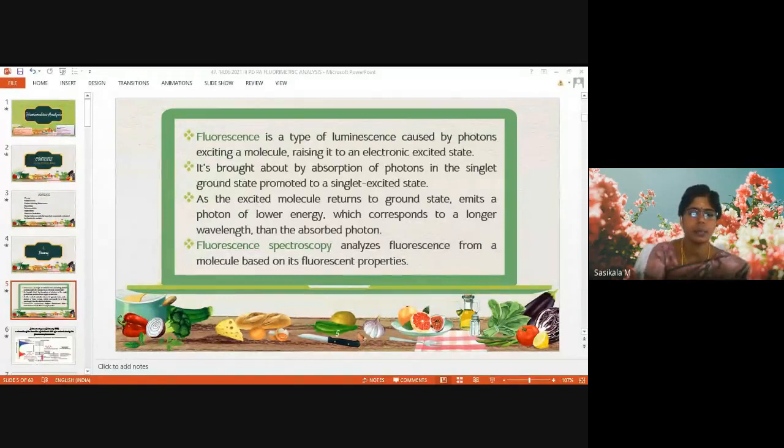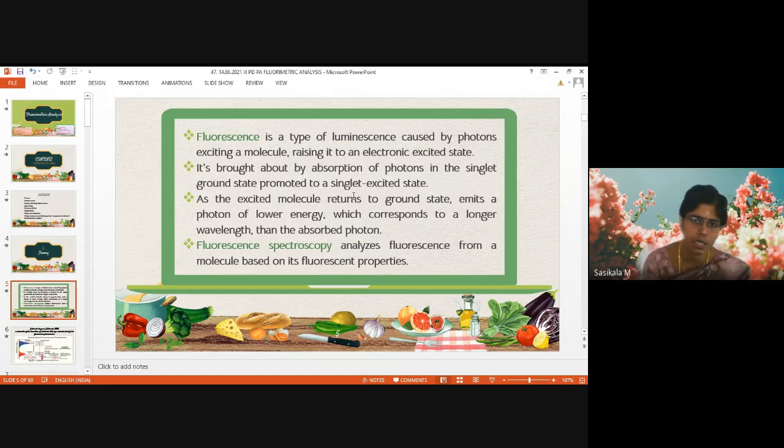So assume that the molecule responsible for giving fluorescence, what happens? It will first absorb UV radiation and it will emit visible radiation. That visible radiation only gives the colored radiation, right? It can differentiate different colors, and the intensity of those colors can be analyzed by visible spectrometry. In the same way, whatever colored radiation is emitted in fluorescence will be in the visible range. That is called fluorescence.